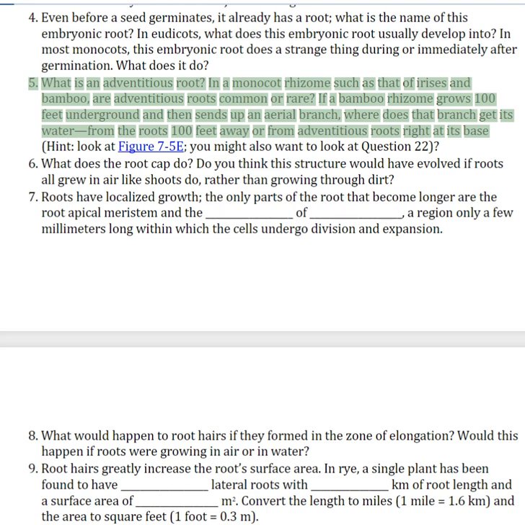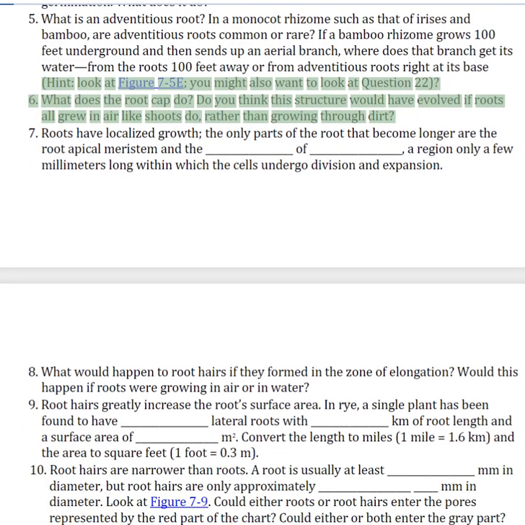If a bamboo rhizome grows 100 feet underground and then sends up an aerial branch, where does that branch get its water? From the roots 100 feet away or from adventitious roots right at its base? 6. What does the root cap do? Do you think this structure would have evolved if roots all grew in air like shoots do, rather than growing